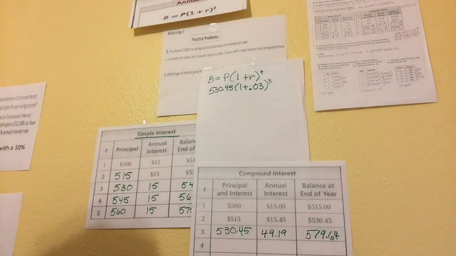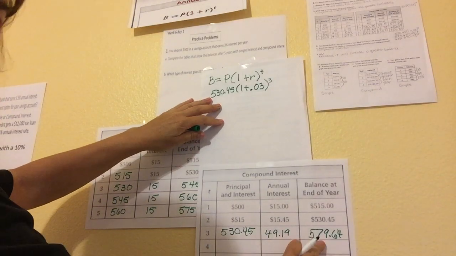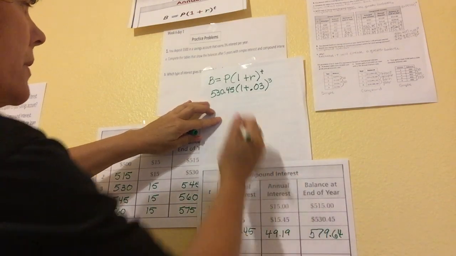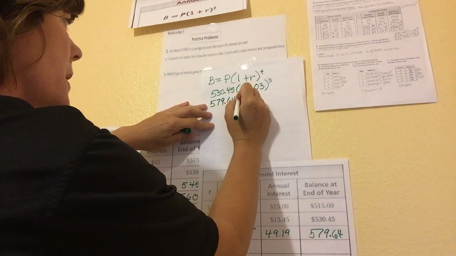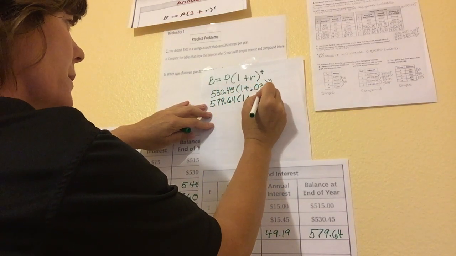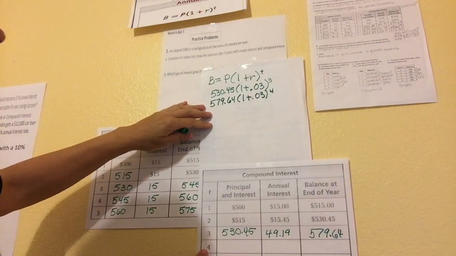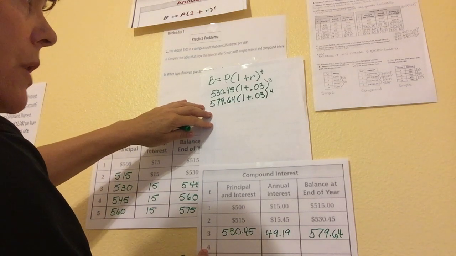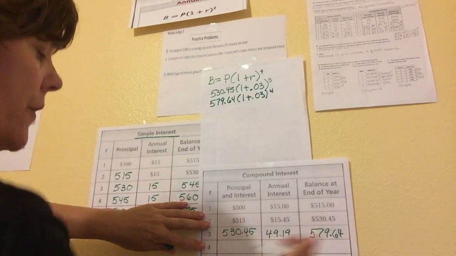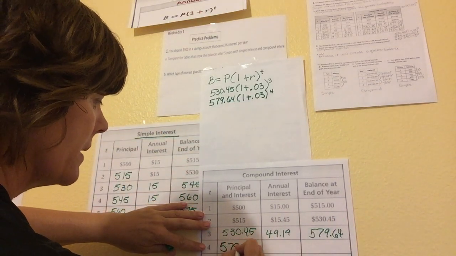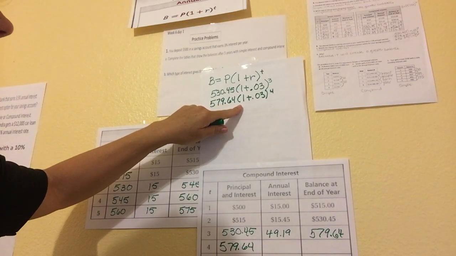Okay, so let's do the next one. So now I have 579.64 times parentheses 1 plus 0.03, and now I have my 4th year here. Okay, so when I put that into the calculator, well, first I'm going to put this here, 579.64, and then when I put that into the calculator,